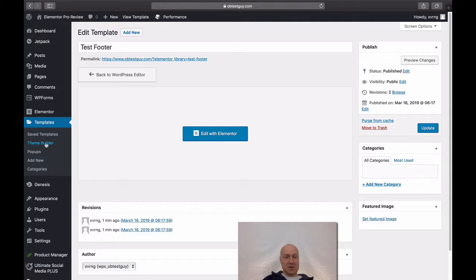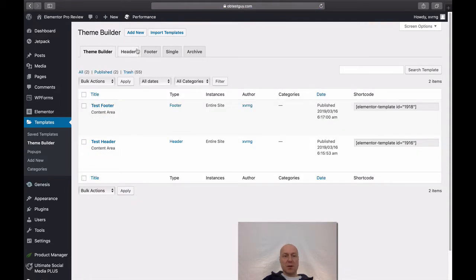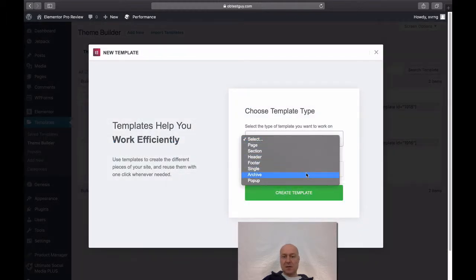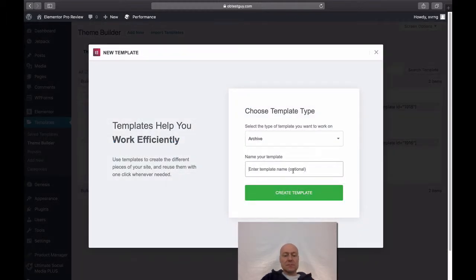Let me just create a new template, and this time we are working with the archive pages. So once I get back to the theme builder, I will choose templates here on the left and then theme builder, and on the theme builder page I will click add new and select archive. Test archive is the name of my archive page,